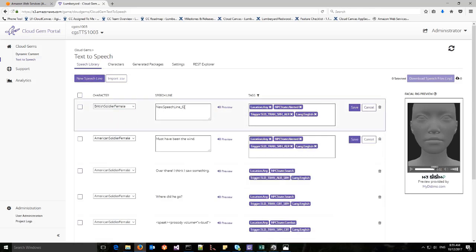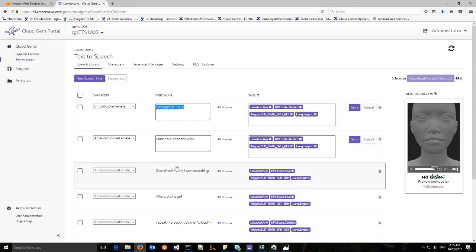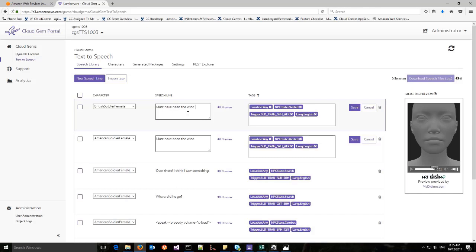Let's create a new speech line for our British soldier. So here we've selected the British soldier female voice persona. Let's duplicate that line,